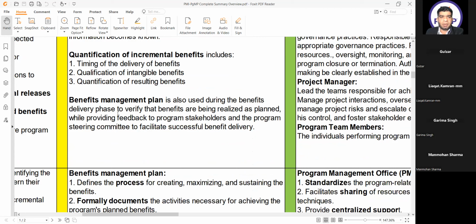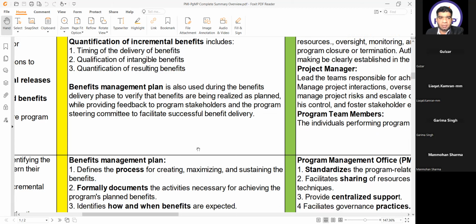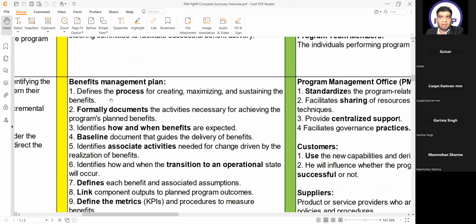What is a benefits management plan? It is used during the benefits delivery phase to verify that benefits are being realized as planned, while providing feedback to program stakeholders and the program steering committee to facilitate successful program benefit delivery. And these are the components of the benefits management plan. Number one, defines the process for creating, maximizing, and sustaining the benefits, formally documents the activities necessary for achieving the program's planned benefits,